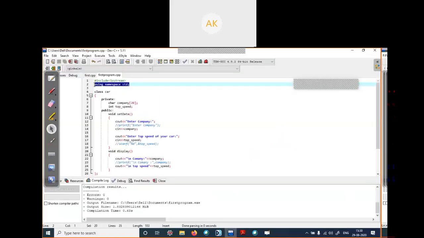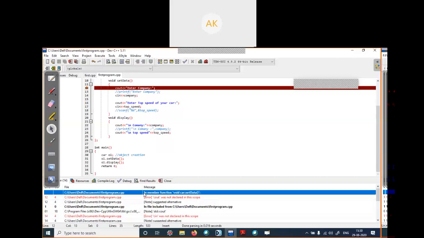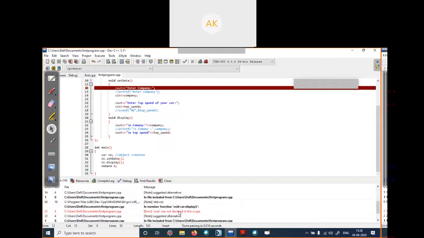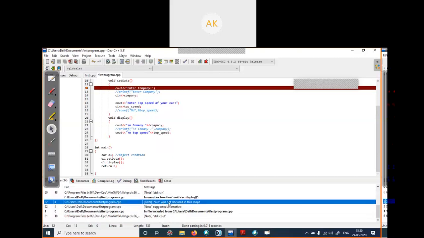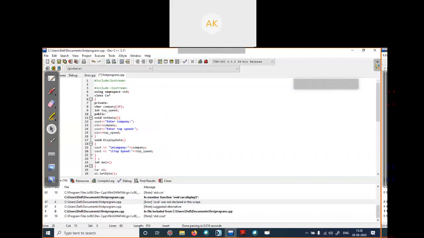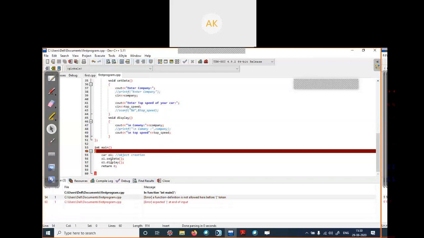Okay, one minute, I am showing the same program. Suppose I remove this line from your code and execute. It will throw an error. As you can see at the bottom, cin was not declared in this scope, cout was not declared in this scope. The compiler is confused about where cin or cout are declared. To remove the confusion for the compiler, just write using namespace std, so it will use the standard names only. Now if you execute, it will not throw any error.